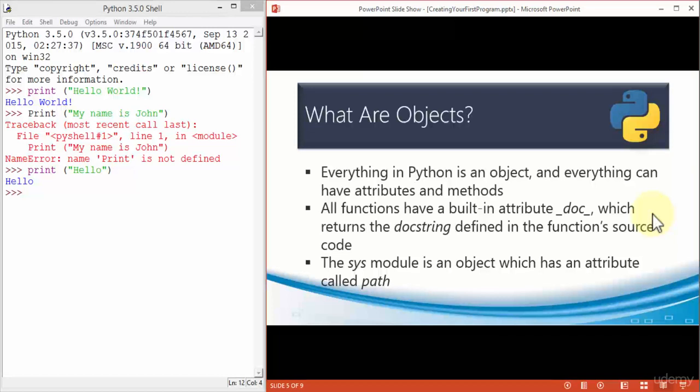Objects, another important area in Python. Everything in Python is an object, and everything can have attributes and methods. We'll get to attributes, methods, and classes later on, but right now just understand what objects are. All functions in Python have a built-in attribute such as __doc__,